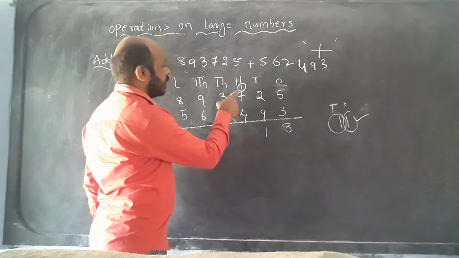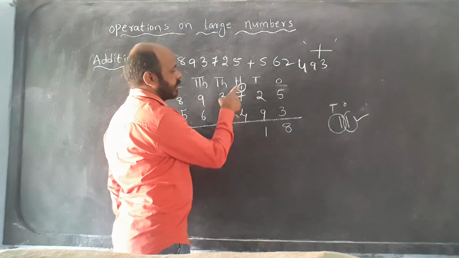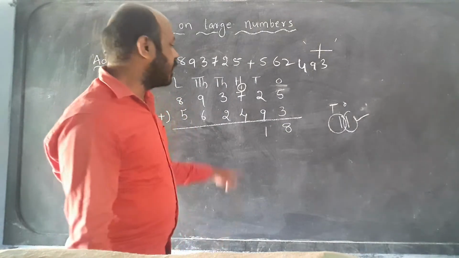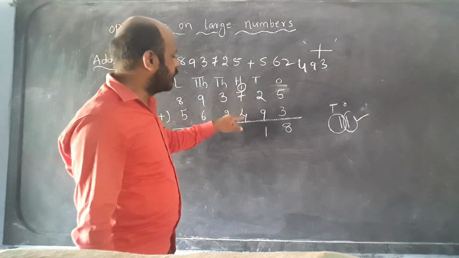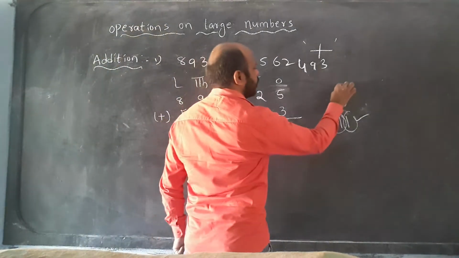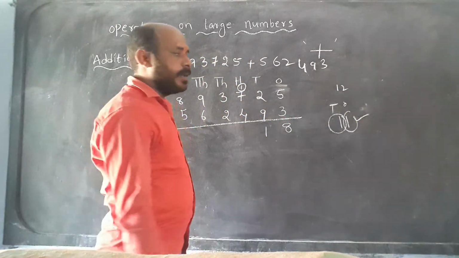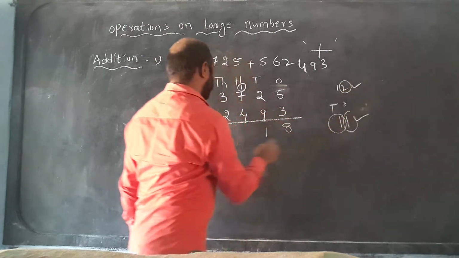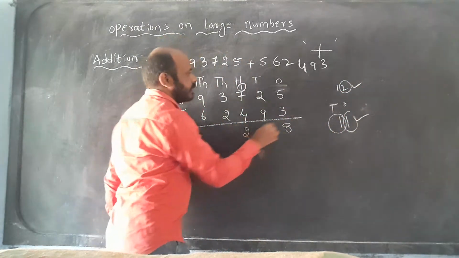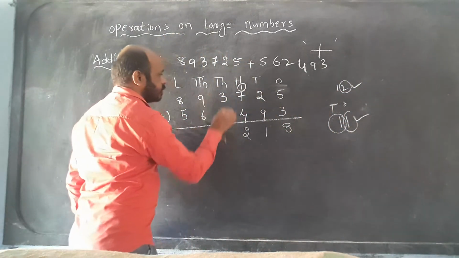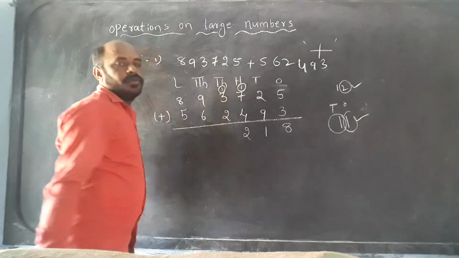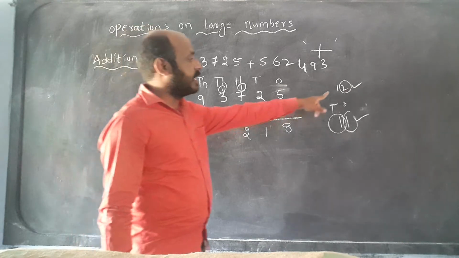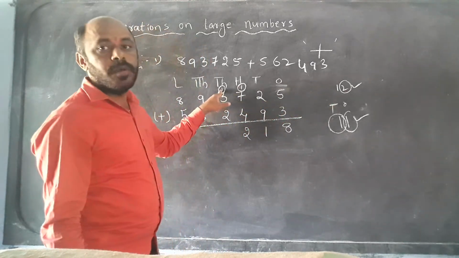See here, 7, carry 1 plus 7. Carry 1 means we have to add it. Always add it. 7 plus 1 is 8, 8 plus 4 is 12. 12 is again a 2-digit number. In a 2-digit number, the ones digit we write in the hundreds place, and the second digit is carried to the thousands place. Don't write it in front. It is only carried forward to the next place value.